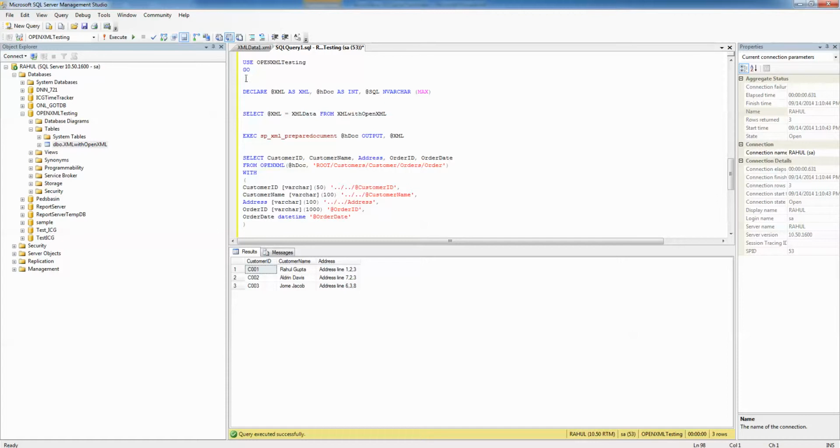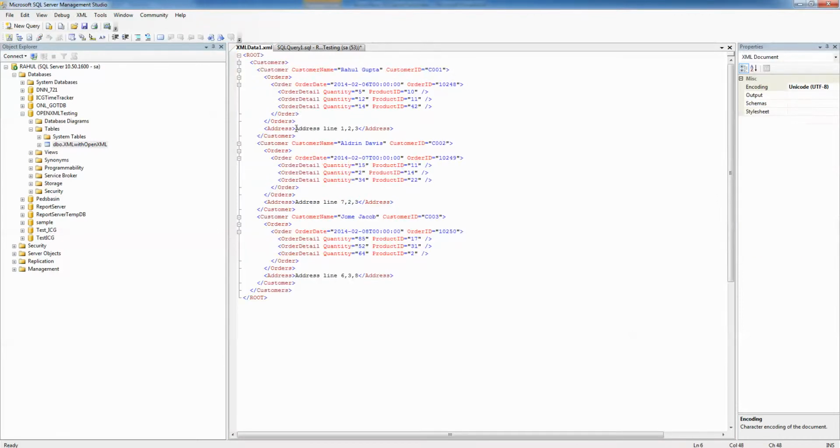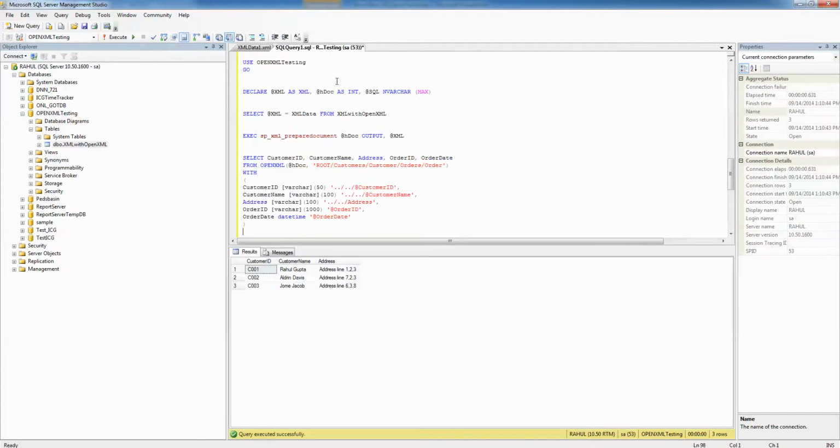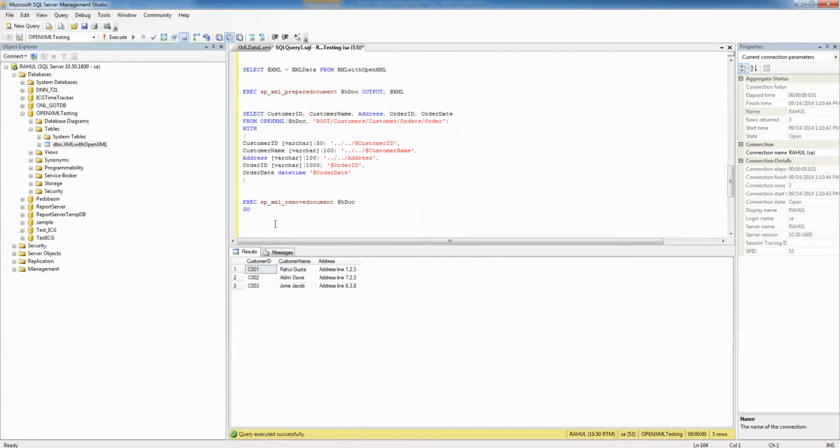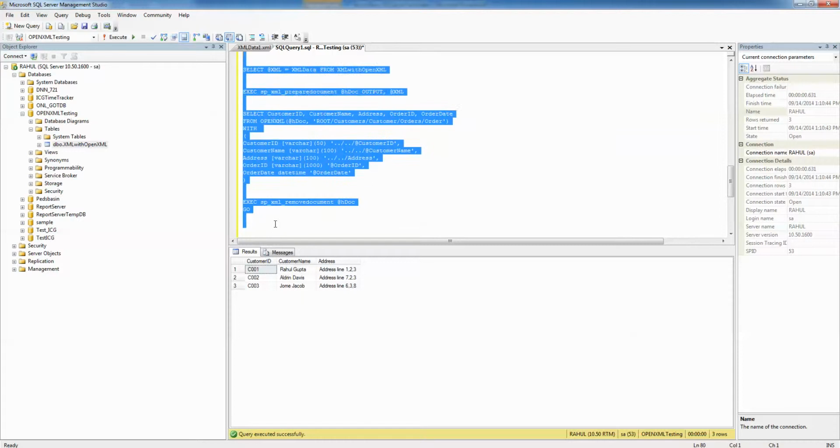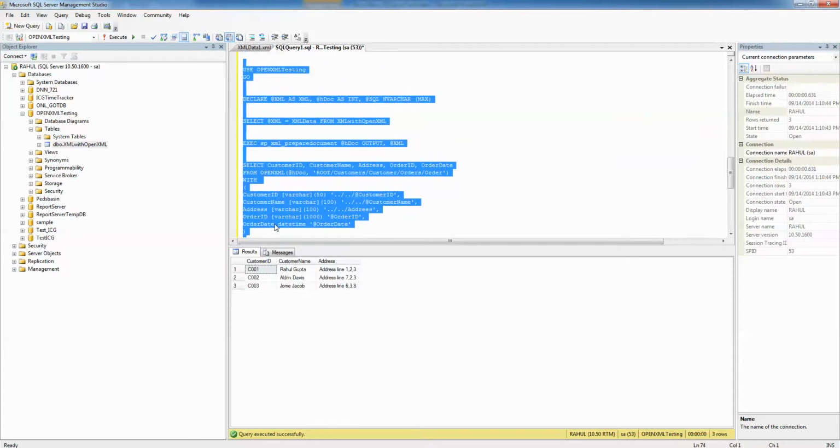And similarly for the address, one deeper level, right? So the address is one deeper level, customer name and customer ID. Okay, so let's try to run this query and see if we can get the order details of the corresponding customers. Alright, so you can see here we are getting the order ID and the order details of a particular customer as well using this query.